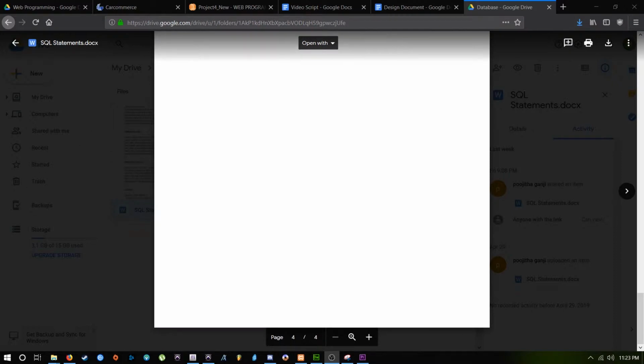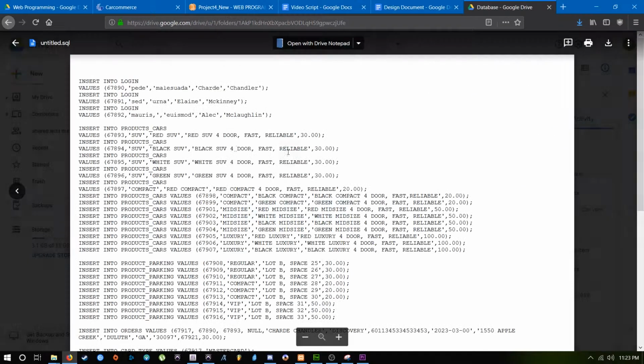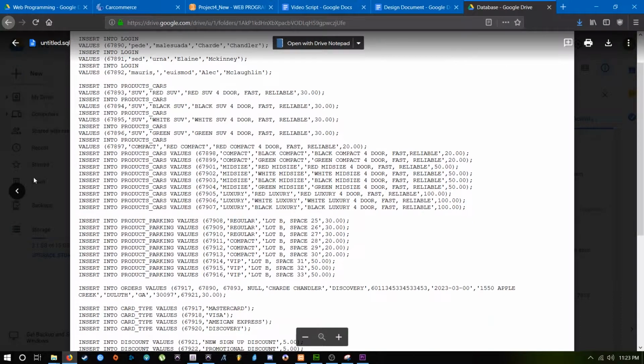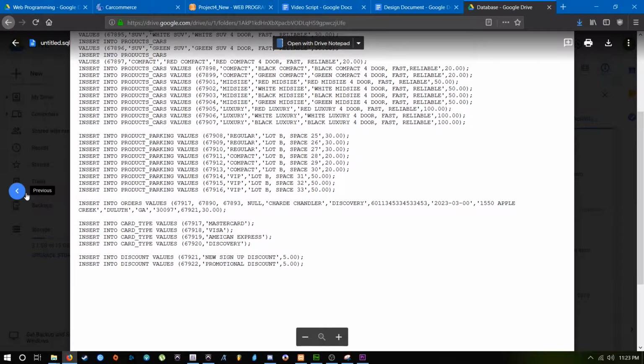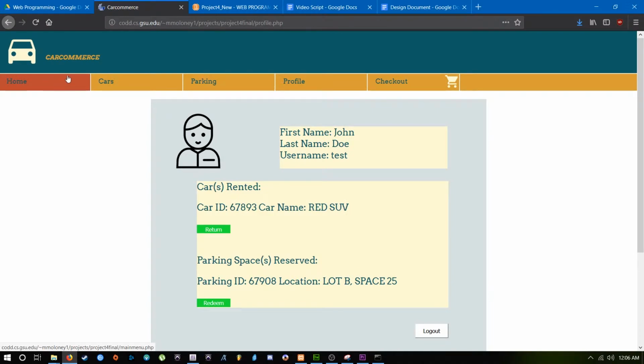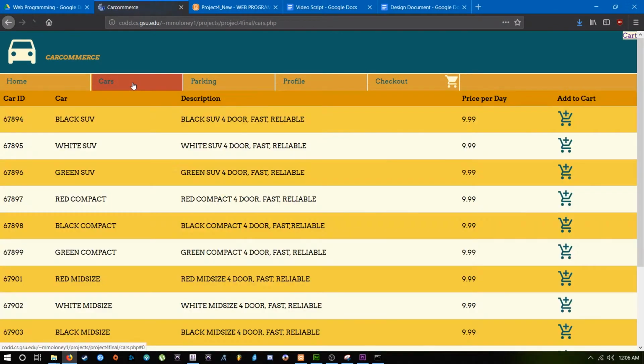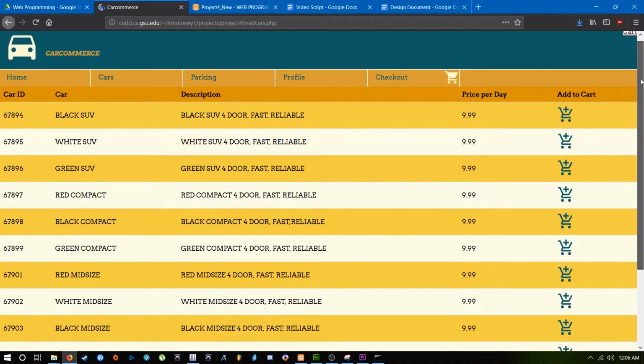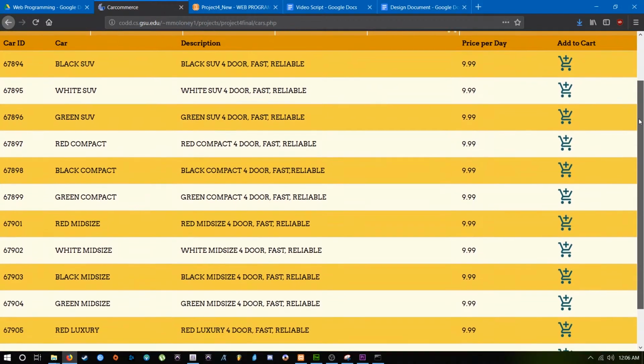And each page will be utilizing this DB to do several functionalities such as registration, how to register a user, login for the user, inventory display, and the shopping cart, and what items it has in the shopping cart. I also worked on the inventory page, which will display the car inventory that we have for the rental, and we have parking spaces that we can rent out as well per day